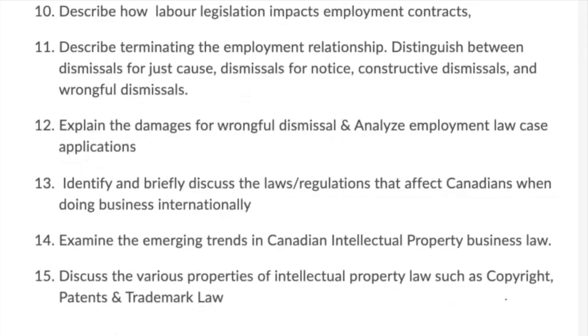We look at some of the emerging trends in Canadian intellectual property law, and we've talked about this concept of intellectual property. What do we mean by intellectual property, and what are some of the laws surrounding it? So 15 really looks at it even more closely, and it says, what are some of the issues with regards to copyrights, patents, and trademarks? And we talked about what the purpose of copyright is, how it's enforced, what are some of the benefits of it, what are some of the issues surrounding it, particularly from the point of view of electronic